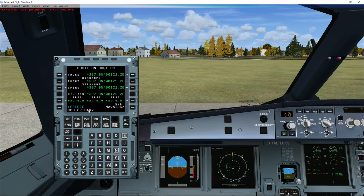GPS primary, it's gone white. Now that it's gone white, it's live. We're happy with it, the GPS knows where we are. Okay, so position monitor. This monitor here, it computes what's called a hybrid position, which is a combined